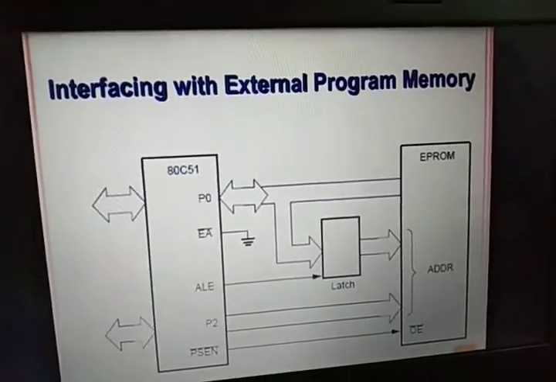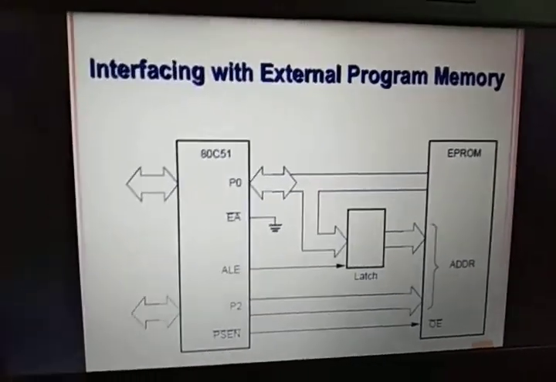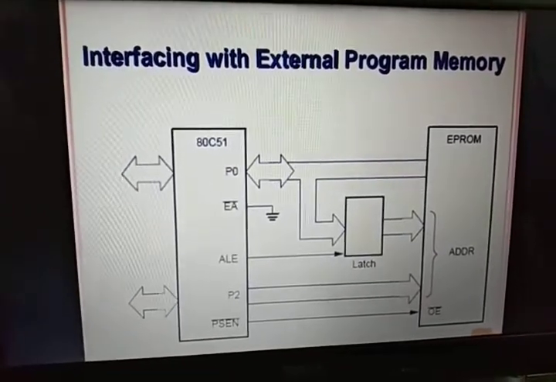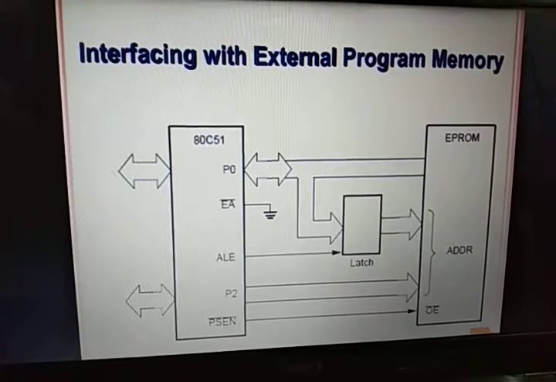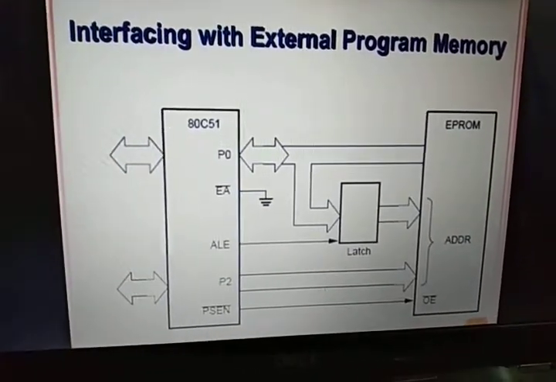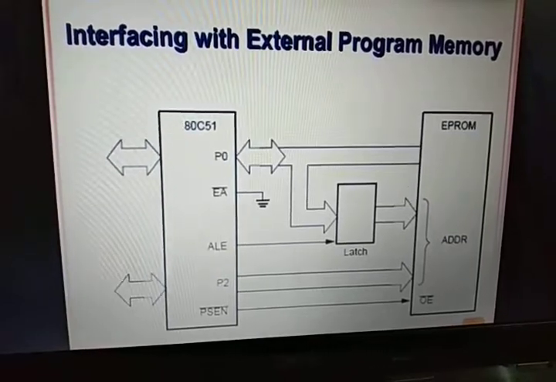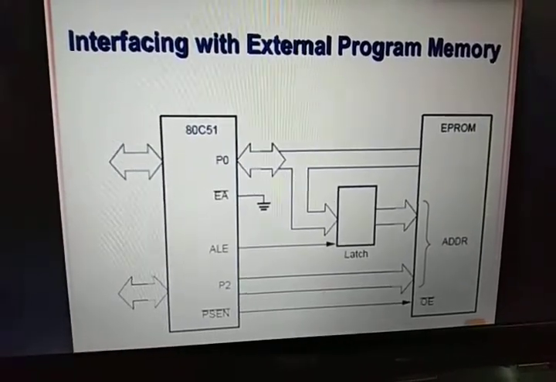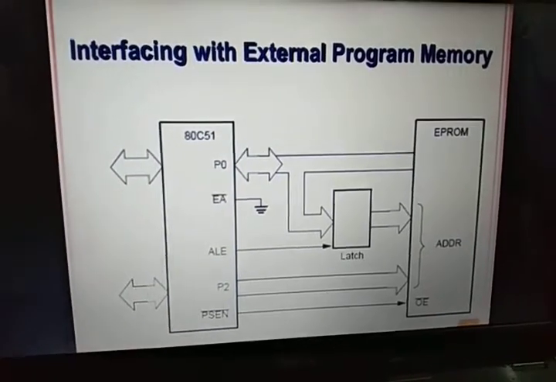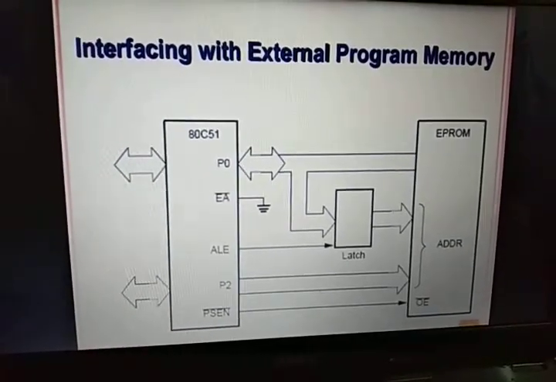So this is how the 8051 interacts with the ROM memory. First, it places the address on the ports P0 and P2. Then it gives the ALE signal. Once the particular byte is recognized in the ROM memory, it sends the read operation by sending the PSEN signal, so that the particular byte is read and transferred from the external ROM memory to the microcontroller.